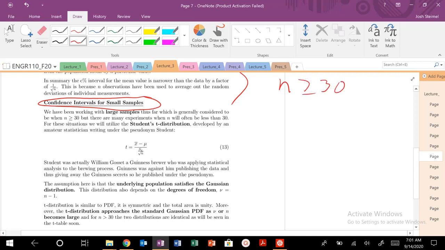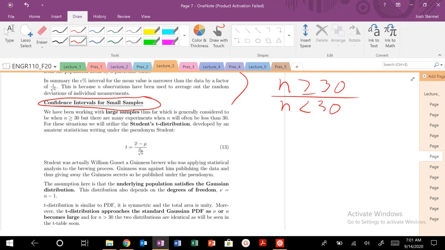But there are certain situations where we cannot gather large samples, either for practical reasons or economic reasons. There are sometimes when we just cannot gather more than 30 samples. So what do we do when our sample size is small, i.e. less than 30? Do we just give up? No, unfortunately not in this course, and in academia and science and engineering and basically any other field as well.